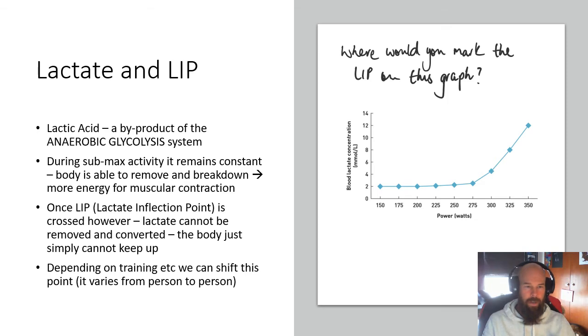And this breakdown actually gives us more energy for muscular contraction. So that's when the body's working aerobically instead of anaerobically. But once this LIP, or the lactate inflection point, gets crossed, the lactate can't be removed, and it just keeps building up, building up, and building up, and the system can't keep up. So if we had to mark on a graph where the lactate inflection point was,